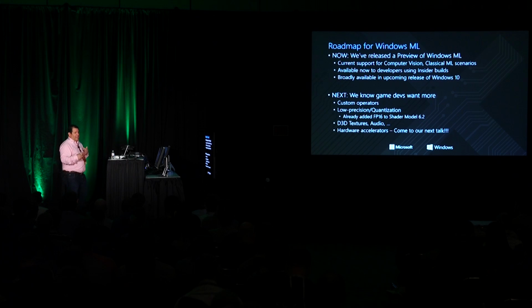When you really look at it today, I don't know if anyone here has gone out and looked at the DX12 shader compiler. We have already enabled shader model 6.2 to do FP16, so half floating point data. And we'll continue to push those technologies which are relevant to machine learning into the core of the DX engine. So all the things that we do in machine learning will be shared in graphics and you'll be able to get access to them. We're pushing a lot of that into that.